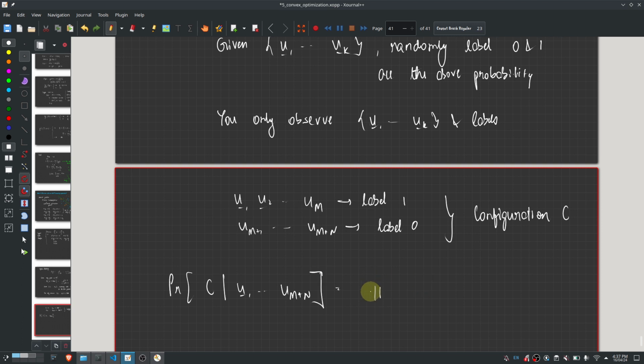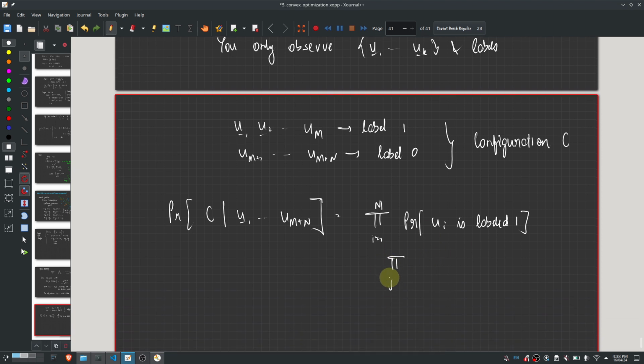So this would be the product for i equal to 1 to m of the probability that ui is labeled 1, times the product of the probabilities that uj is labeled 0,